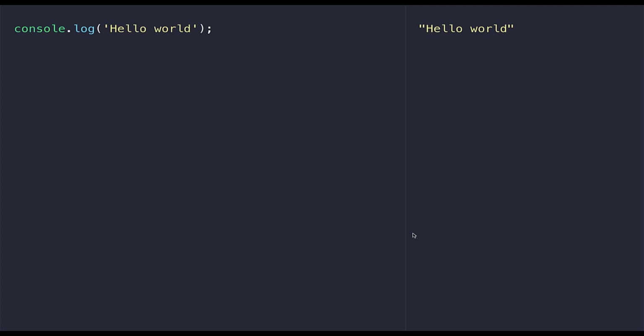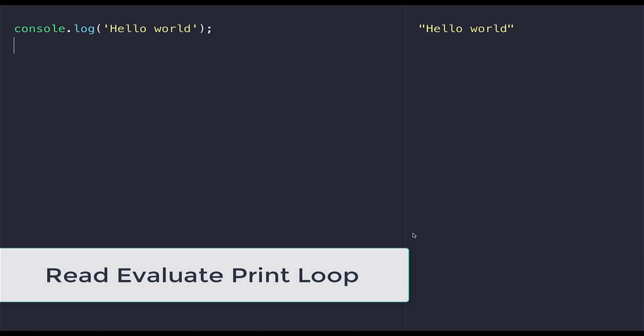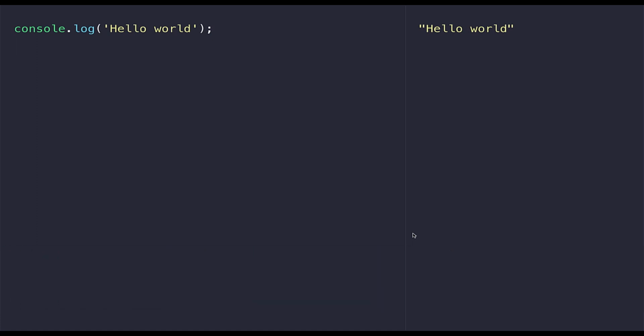There are a few things that you should be aware of when using the console. It doesn't matter if it's in the web browser as well. You can use this console.log statement to print out text and numbers to the screen, but because we're in a REPL, which stands for read, evaluate, print and loop, we can just type in things directly without using console.log. So for example, if I wanted to type in hello world again,